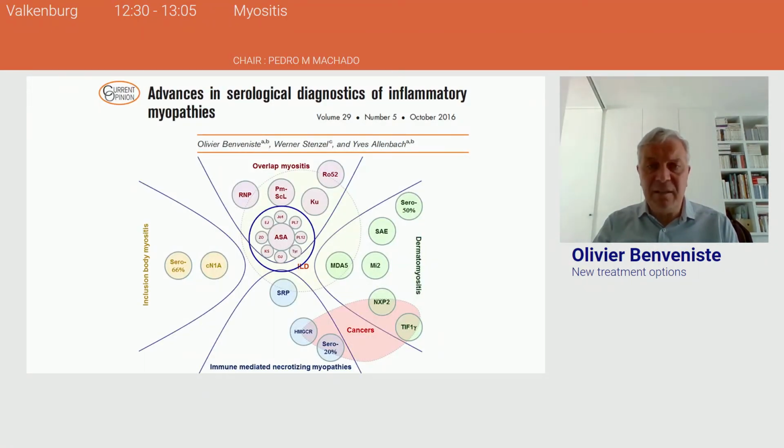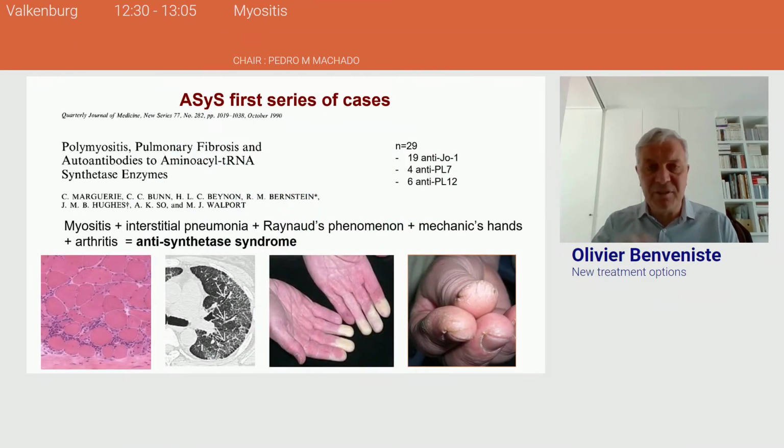Moving to the antisynthetase syndrome, I remind you that it was described in the 1980s, and this is the association of myositis, interstitial lung disease, Raynaud phenomenon, mechanic's hands, and arthritis, with the presence of anti-Jo1 or the others, and we can test in routine anti-PL7 or anti-PL12. So the main problem in these conditions, which makes the prognosis, is the severity of the